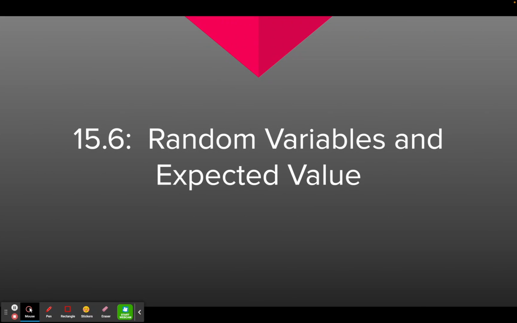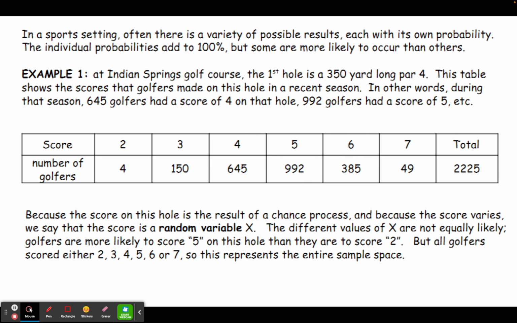Lesson 15.6 is about random variables and expected value. In a sports setting, there's often a variety of possible results which occur, and each one of those has its own probability. The individual probabilities for all of those possible results add up to 100%, but some are more likely to occur than others. For an example, we're going to look at a golf course where the first hole is